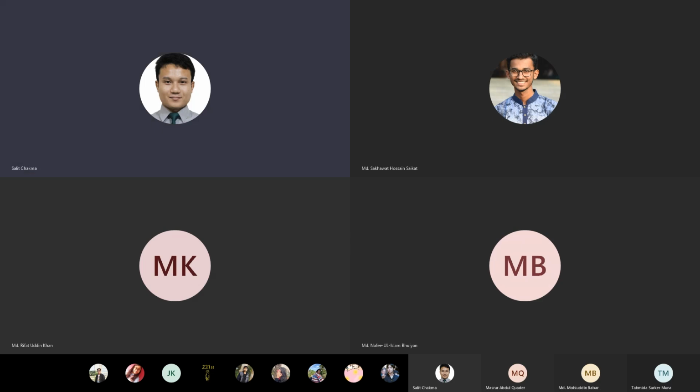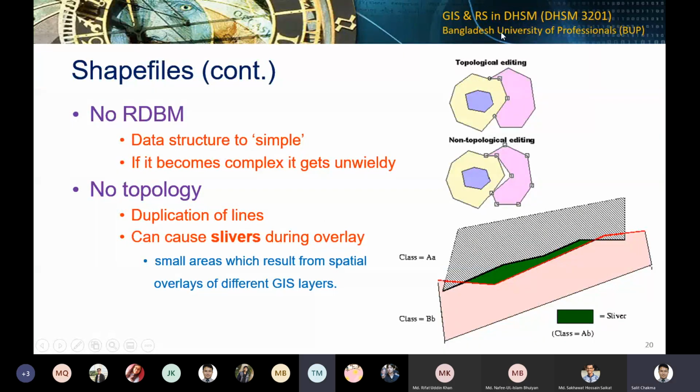তোমরা কি আমার স্লাইড দেখতে পাচ্ছ এখন? জি স্যার।